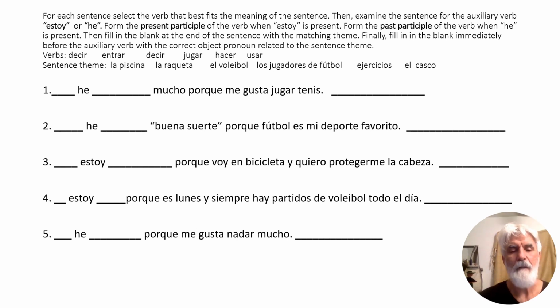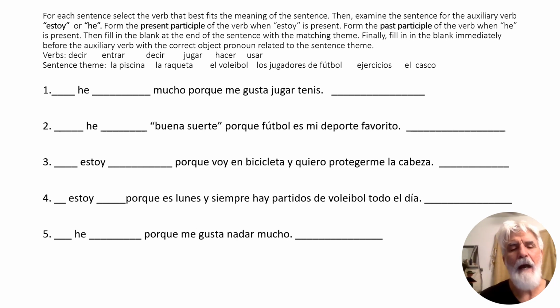So we've got something mucho porque me gusta jugar tenis. Okay, so it's I have done something. So we have to figure out because I like tennis a lot. Well, if we look at our choices from the different themes, we see the word la raqueta. That's what we use in tennis. So we could say,